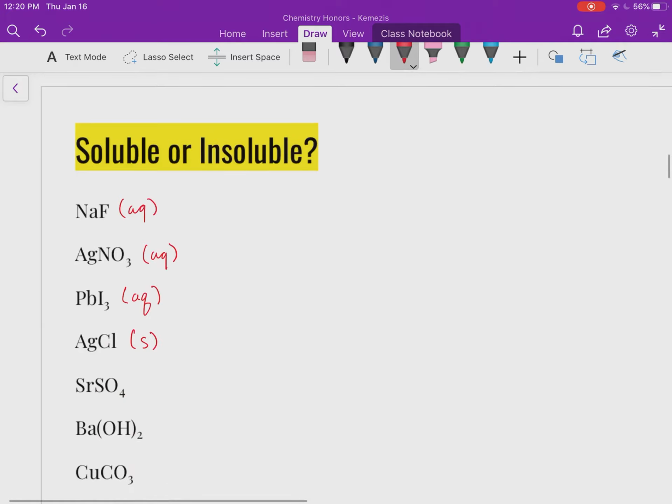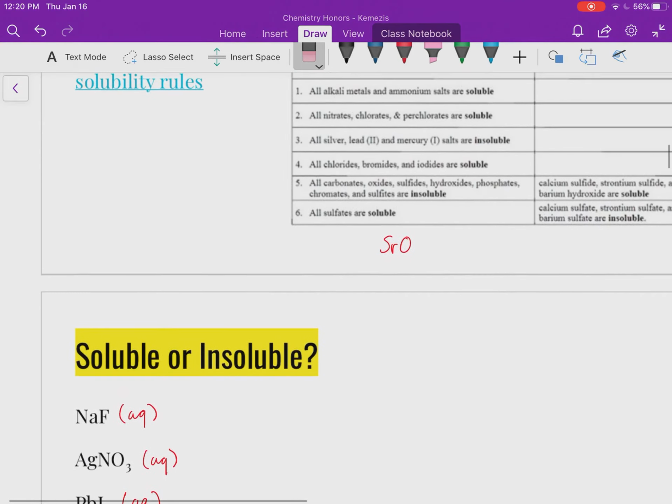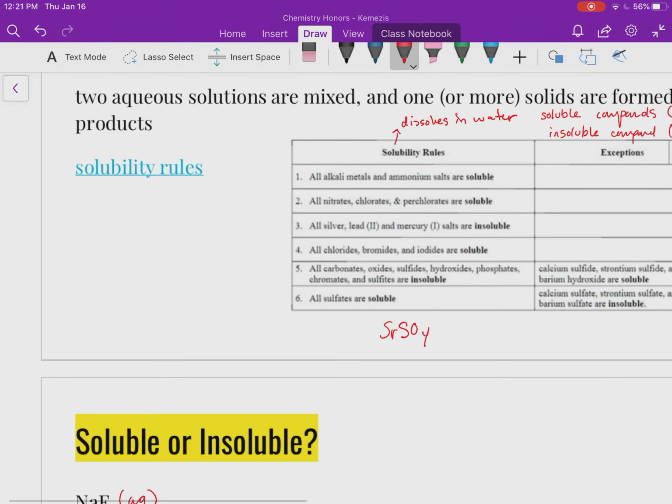SrSO4, sorry about that. Okay, not an alkali metal, so strontium is in the second column. That's alkaline earth, so we need to understand our families. That's not nitrate, chlorate, or perchlorate. We don't have silver, lead, or mercury. This also is not a chloride, bromide, or iodide, so we're down to: all carbonates, oxides, sulfides, hydroxides, phosphates, chromates, and sulfites. This is not sulfite, this is the sulfate ion, so we actually get ourselves down to